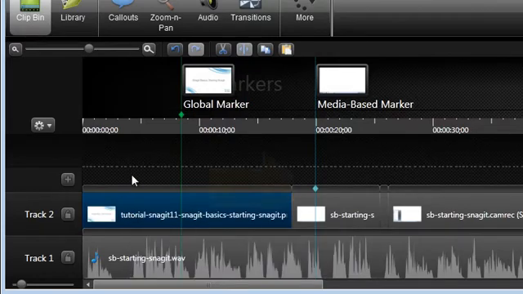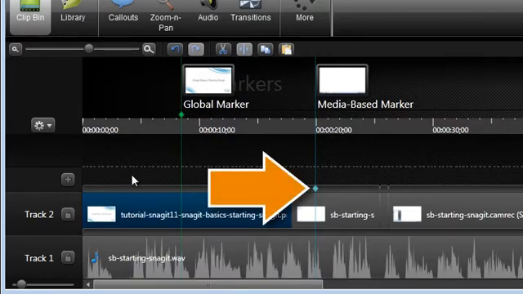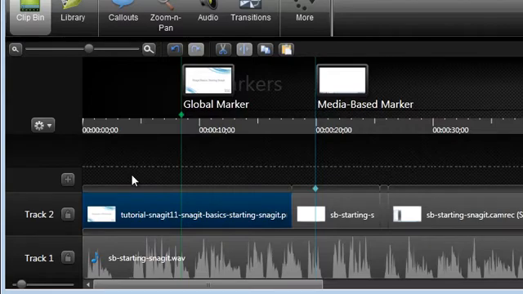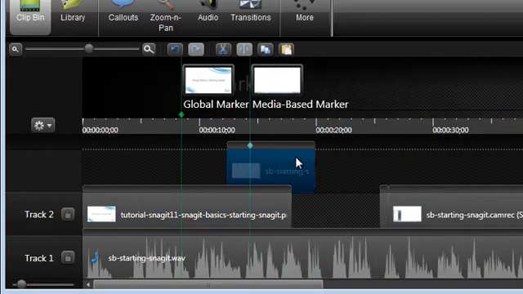Now, the media-based marker is marked with a blue diamond-shaped indicator, and it's attached to a specific point on a piece of media. This can be your screen recording, your audio, callouts, images, any piece of media on any of the tracks in your project. Because it's attached to a piece of media, anytime that piece of media is moved, the marker will go with